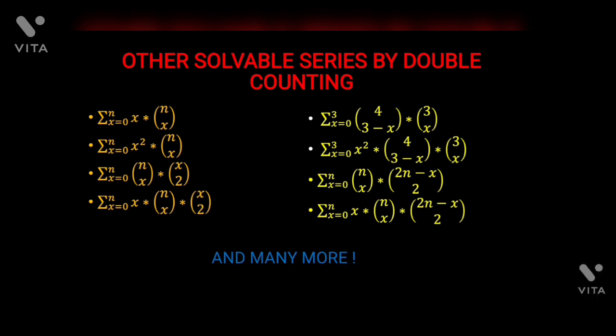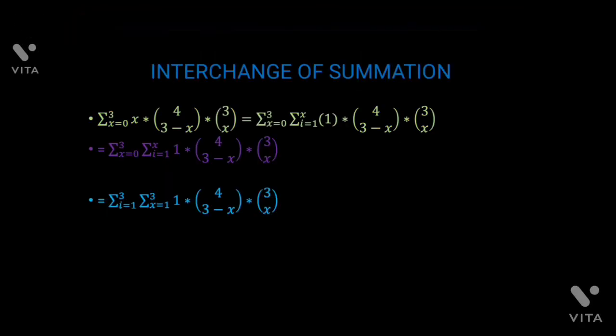Because they not only know what is happening or what to do, but they also have a sense of why things are happening the way they are, and they can correlate things. Like in our case, the intuitive idea of double counting helps us understand the concept of interchange of summation in a better way. And that's exactly what we have done. We have changed the order of summation. We have first chosen the captain and then the team, which made the problem drastically easier. And of course, the limits of the summation would change accordingly. That I'll leave to the viewer of this video.